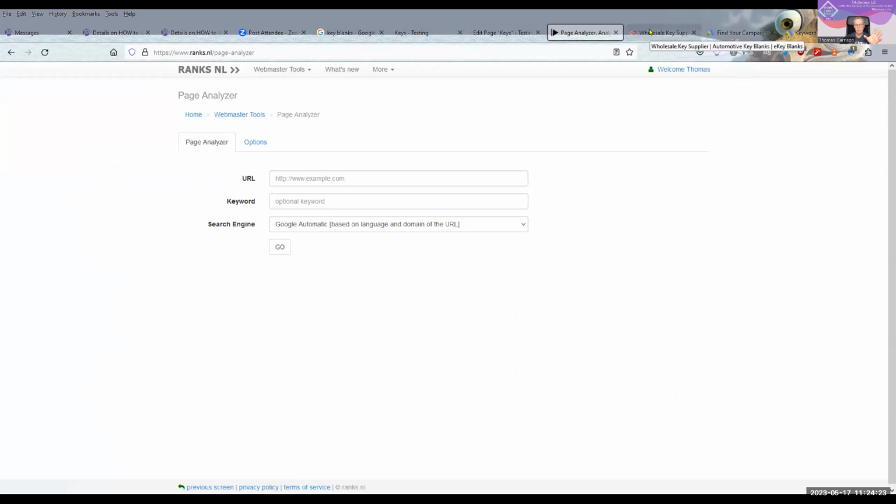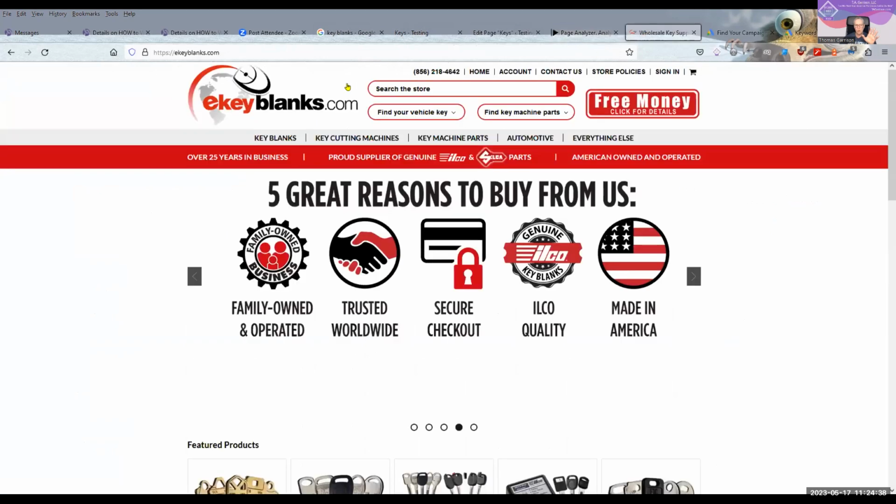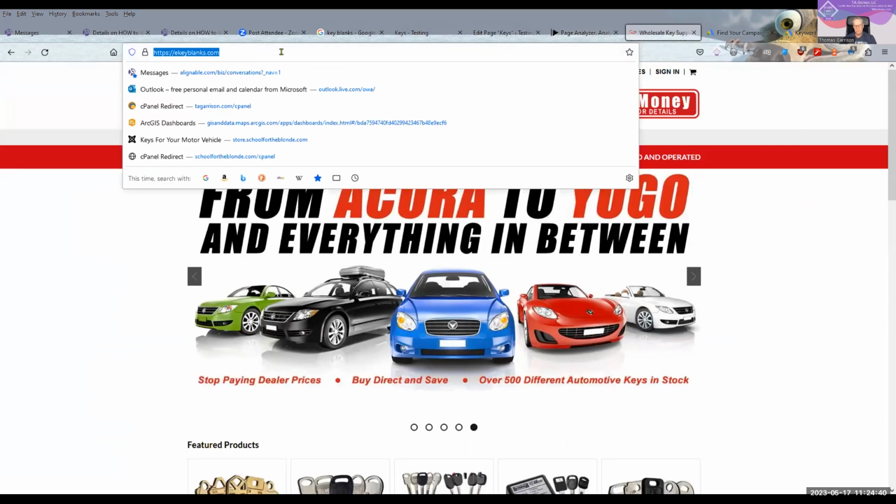Now, this is all part of the search. In your tools, you will find information about ranks.nl. Again, if you have somewhere else that you can do what I'm going to do here, that's fine. So we're going to take this domain name.